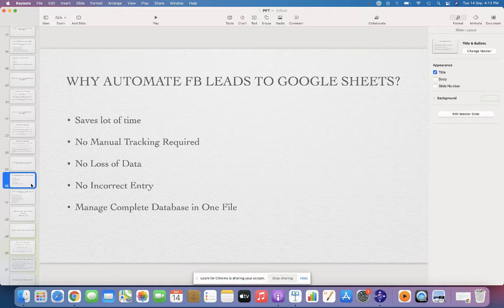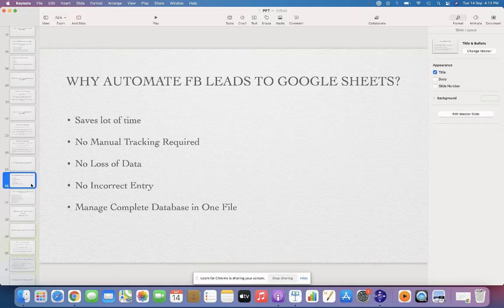I'll tell you why you should automate Facebook leads directly to your Google Sheets. When you run a lead generation campaign, you'll be getting a lot of leads from your Facebook ads, and all the leads will be reflected in your Facebook Ad Manager under the ad sets, right?